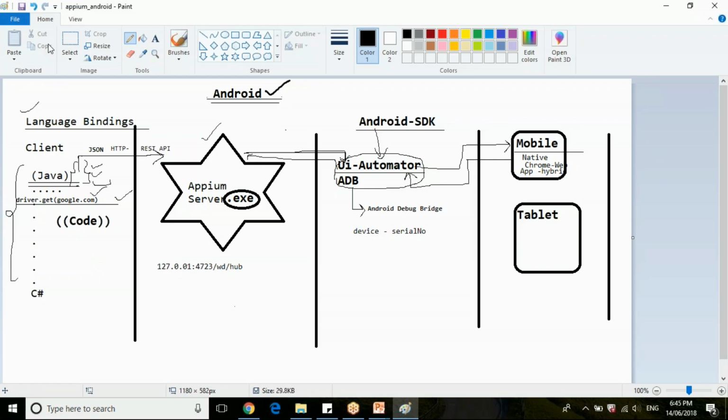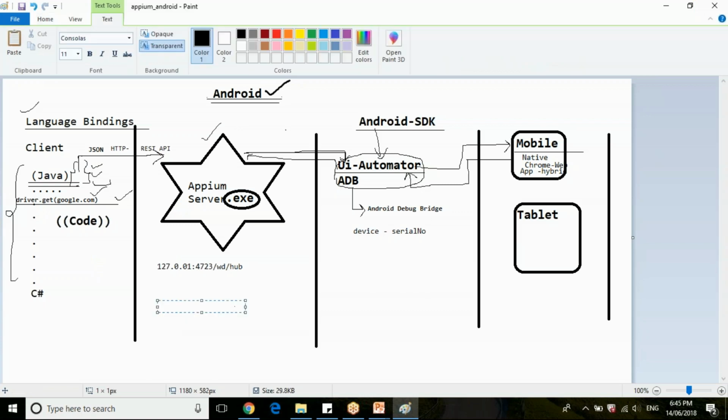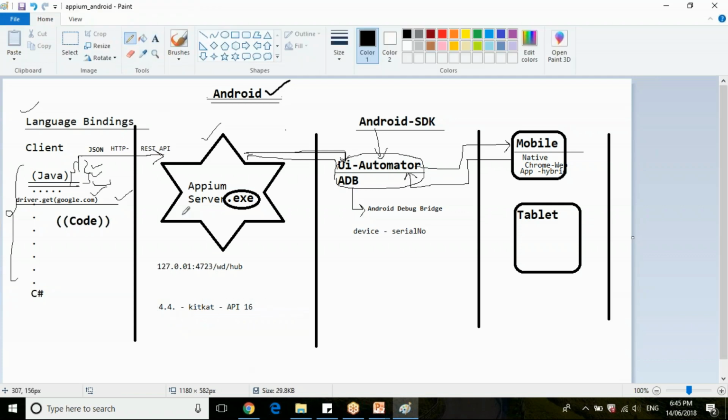Let me tell you like this. In Android, let's say version 4.4 KitKat is equal to API level 16 in Android SDK. This version 4.4 is shown on your device, and the version name is KitKat.